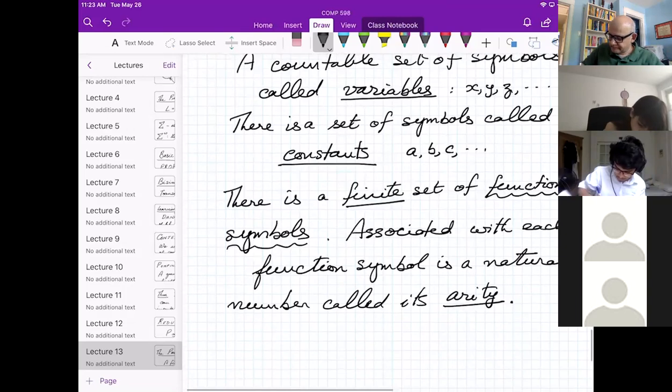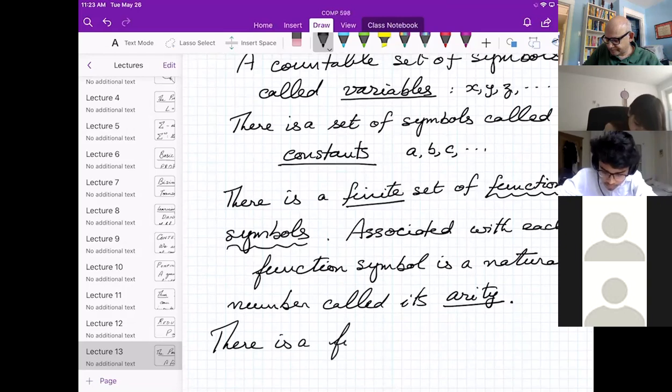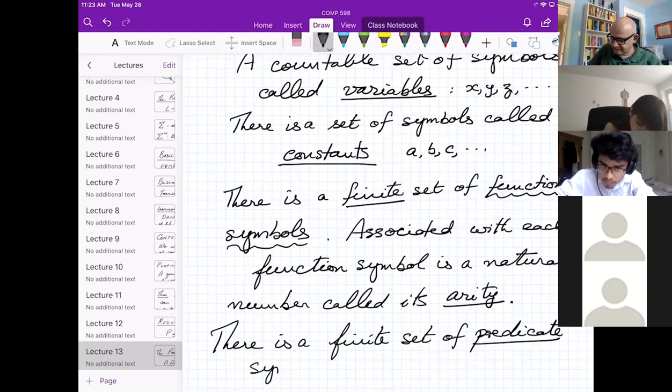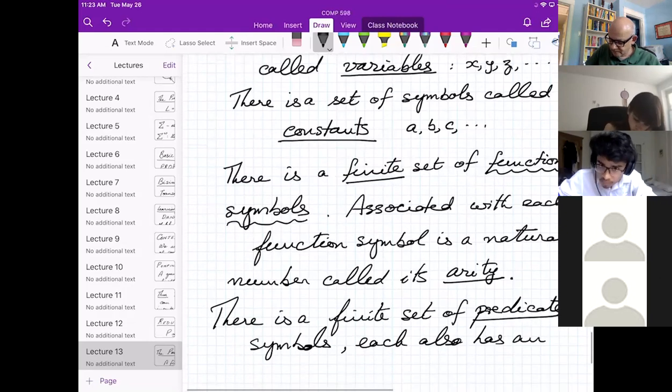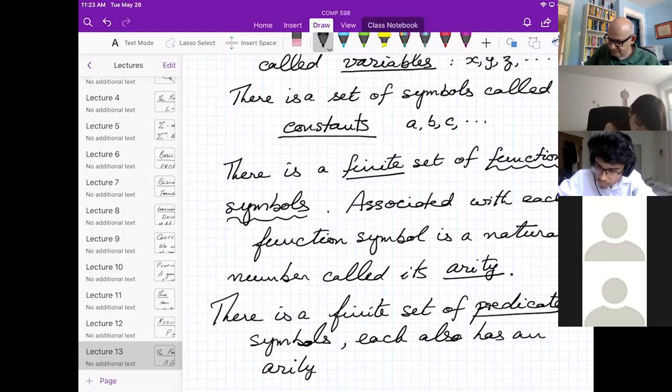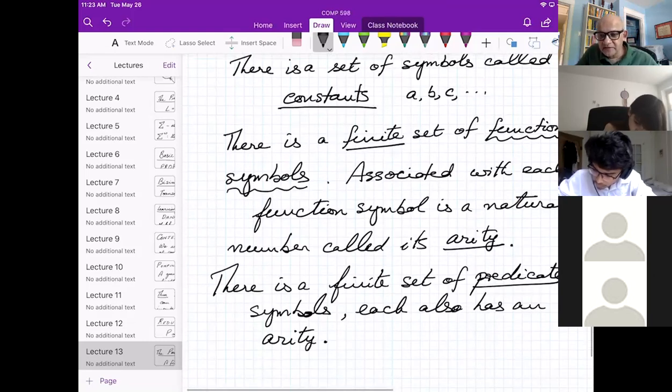And then finally, there is a finite set of predicate symbols. Each also has an arity. And again, just like the function symbols, the arity tells you how many arguments it takes.